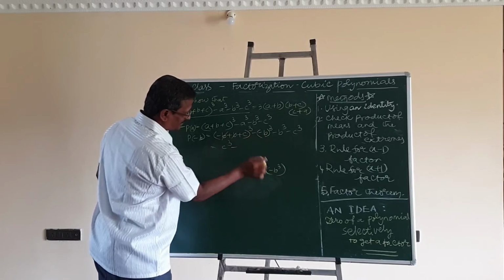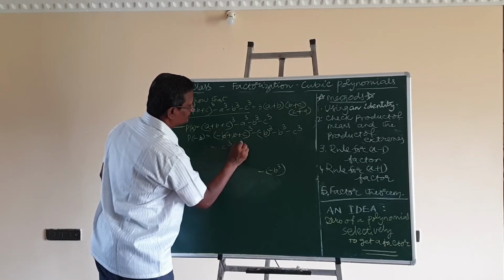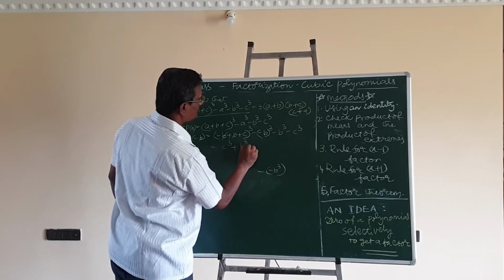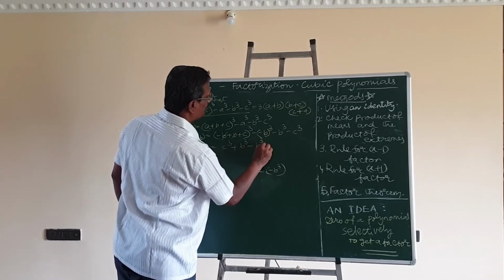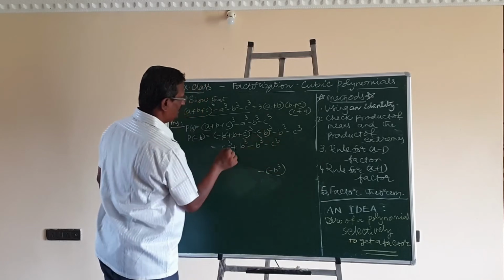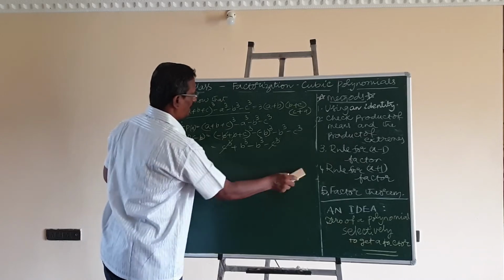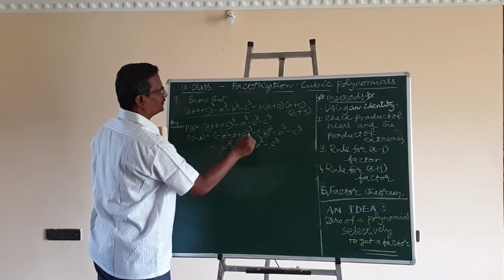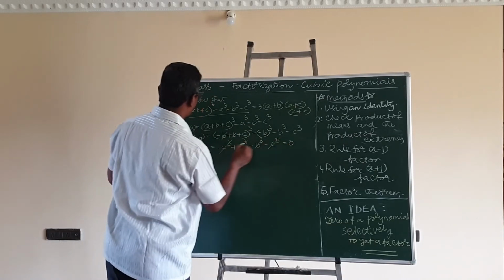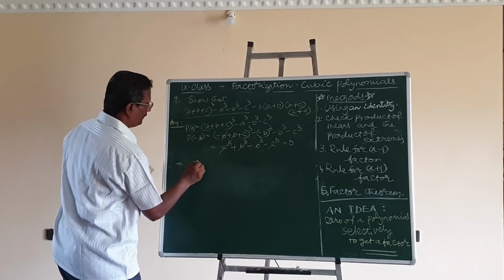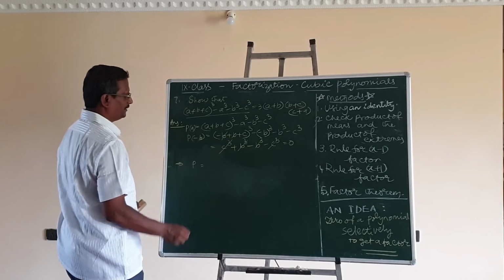So inside the bracket, this one is minus as it is. This is minus of plus b cube. This becomes minus b cube, and minus c cube as it is. C cube with plus and c cube with minus cancel, and b cube with plus and b cube with minus also cancel. Here this implies p of minus b is equal to 0, means the polynomial is having